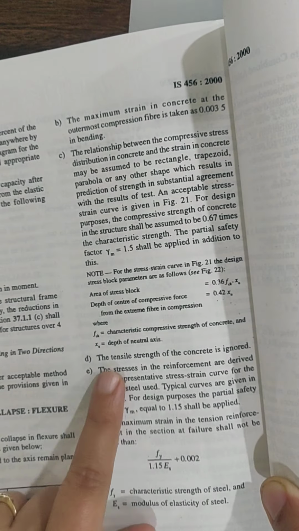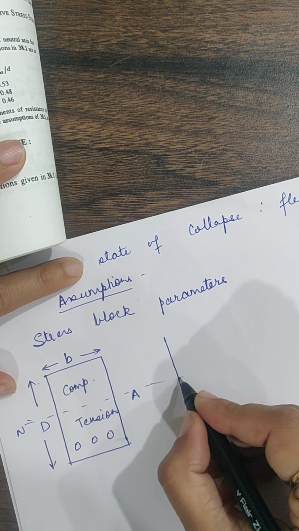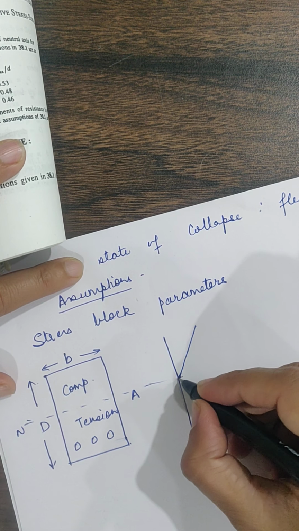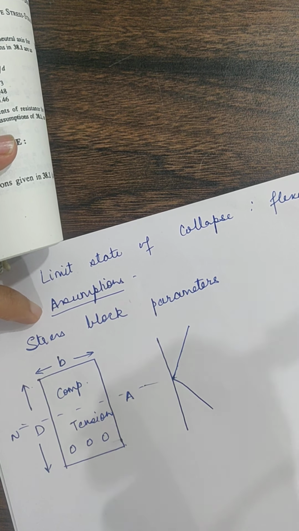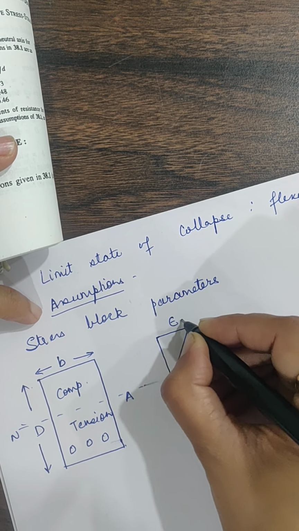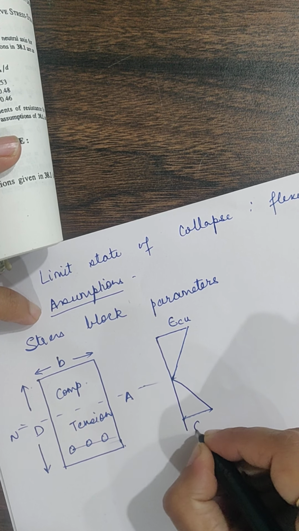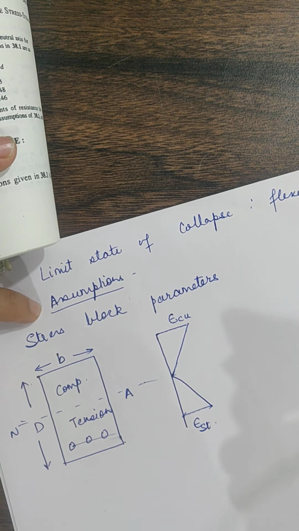So it means if I try to draw the stress strain diagrams, if I first of all draw the strain diagram, as you move away from the neutral axis you will have increase in strain. Again, as you move away from the neutral axis on the downward side also you will have increase in strain. So this is the maximum strain in concrete, isn't it? And at this level, we will have some strain in steel. We will call this strain in steel.